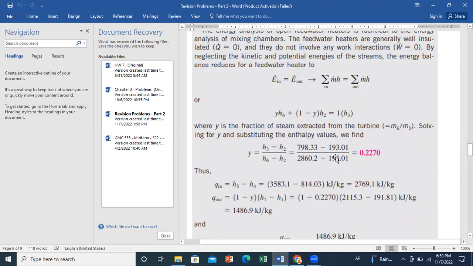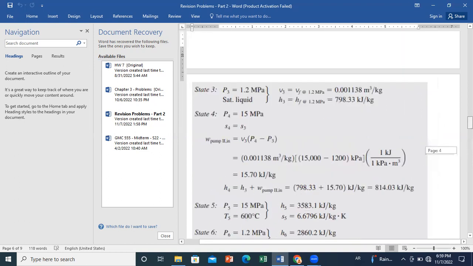Once we have the fraction y, we'll be ready to calculate Q input, Q output, and determine the efficiency. Let us do a small analysis on Q in and Q out. If we go to our cycle,